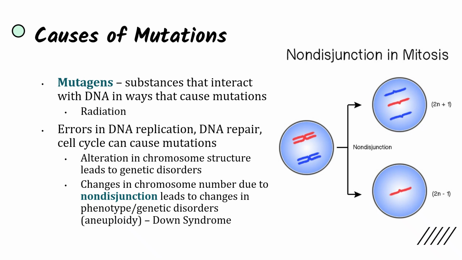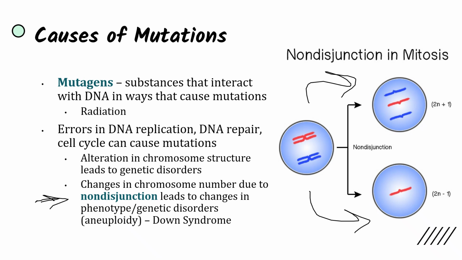And today we're going to be looking at non-disjunction. That's when changes in chromosome number lead to changes in the phenotype and genetic disorders. And non-disjunction is when chromosomes do not separate properly during cell division. And the result is that the cells are not identical, as you can see with the amount of genetic information